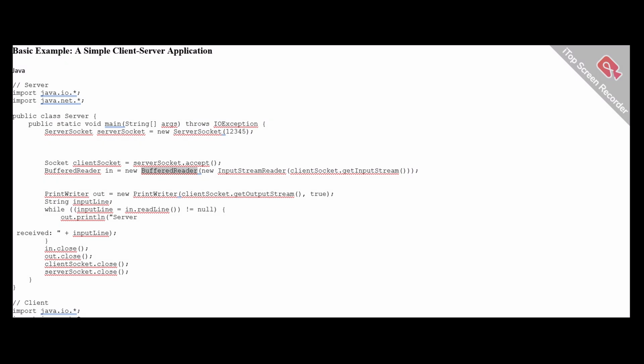BufferedReader in = new BufferedReader(new InputStreamReader(clientSocket.getInputStream())); PrintWriter out = new PrintWriter(clientSocket.getOutputStream(), true); String inputLine; while ((inputLine = in.readLine()) != null) { out.println("Server received: " + inputLine); } in.close(); out.close(); clientSocket.close(); serverSocket.close();